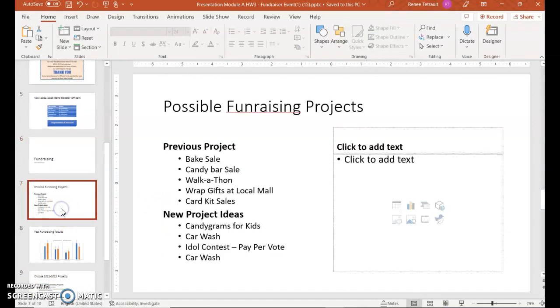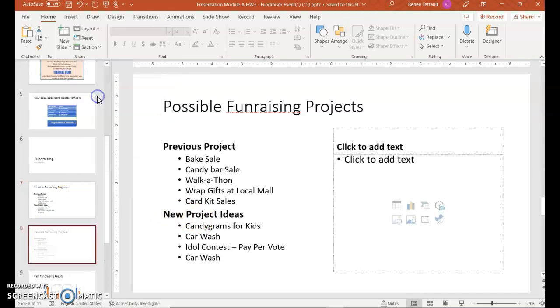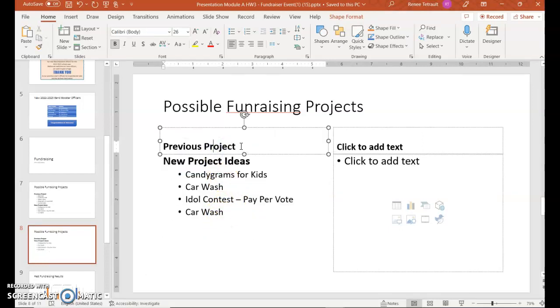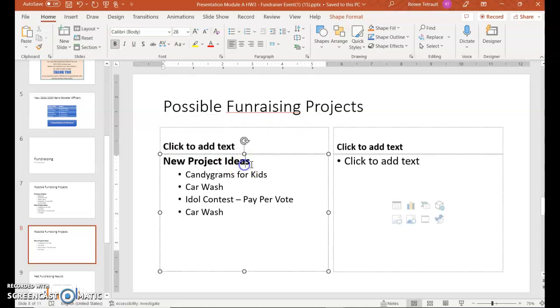Then we're going to go to slide 7, and we actually want to split this slide up. We want to have on slide 7 previous project, and then on slide 8 new project ideas. So what we'll do is we'll right click and select duplicate. So on slide 8 I want the bottom half, so I'm going to click and delete the top half, and then I will delete the previous project, and then I'll copy or just actually move the new project class to